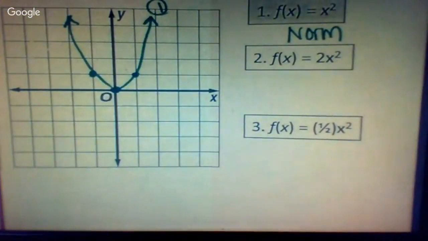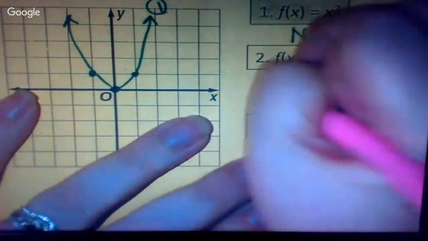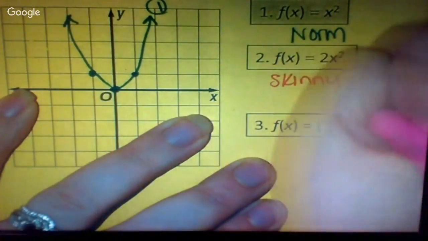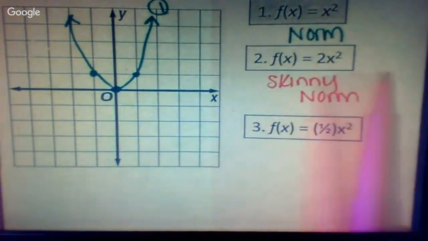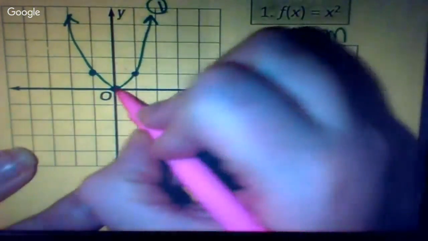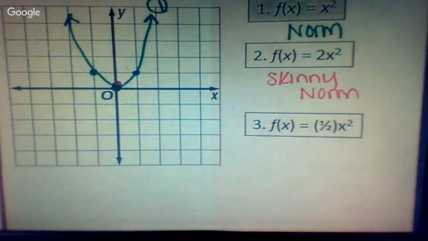If I have 2x squared, my A value, is that less than 1 or greater than 1? Greater than 1. If it's greater than 1, that means we're stretching, which means we have skinny norm. So watch what happens. It's not shifting anywhere left and right, so we still start at the origin for this graph. Skinny norm, however, instead of going up by 1 and to the right by 1,